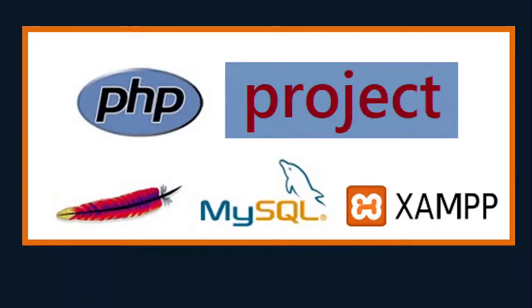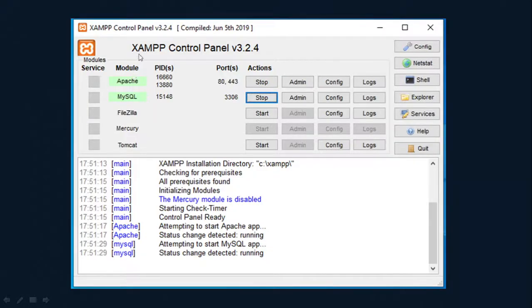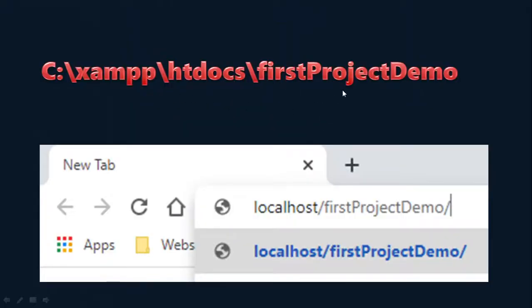So this is a PHP project with MySQL as the backend and the XAMPP server. With that, we are using the Apache server to run this PHP project. First, you need to start the XAMPP server, and you see that Apache is running and MySQL is running. Therefore, we can create all the tables in MySQL, and then you will be able to run this project. You have to keep this project in the XAMPP folder. In that, there is htdocs and then your project folder, in this case, banking project.